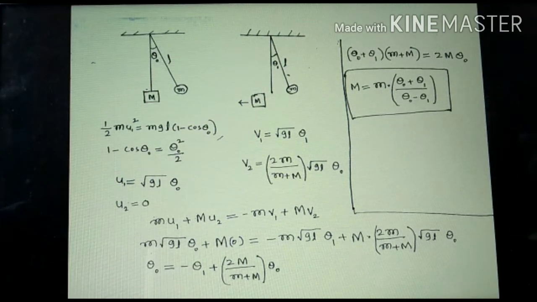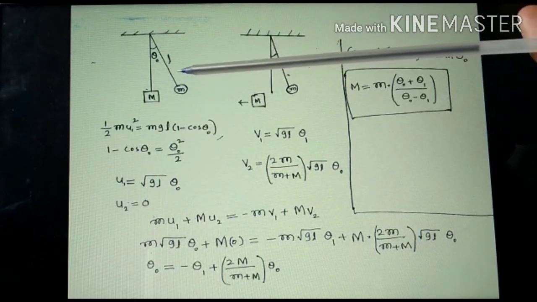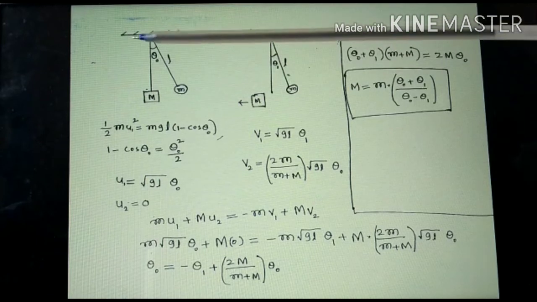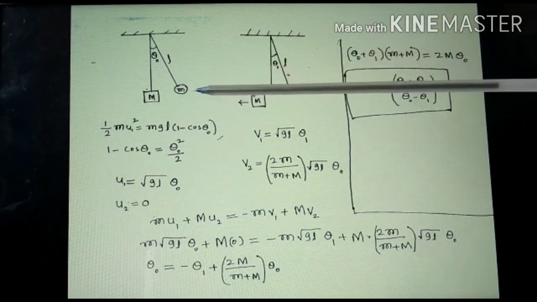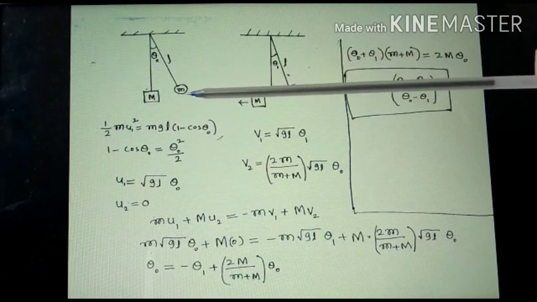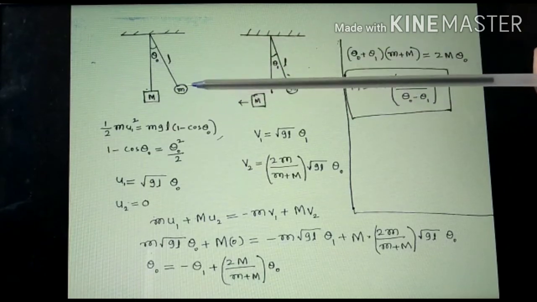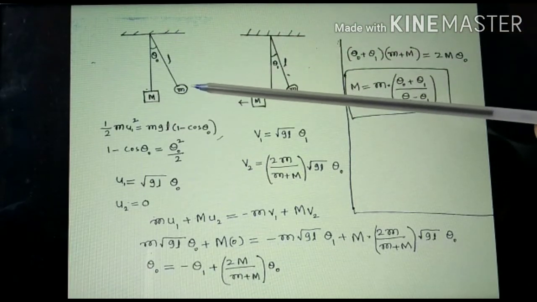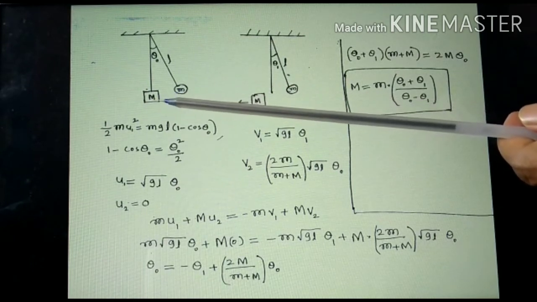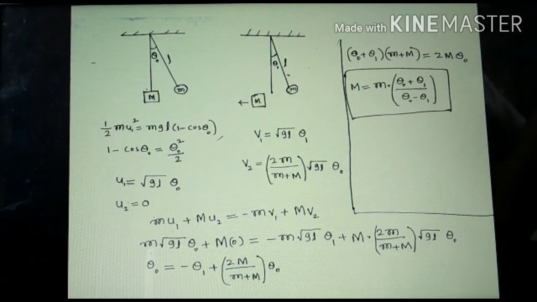See here, in the left side figure, downward I have written the simple formulas for collisions for two objects, here small m and capital M. So initial velocities u1, u2, and after collision final velocities v1, v2. Before collision, when small m reaches the bottommost point, what is the velocity we have to calculate?